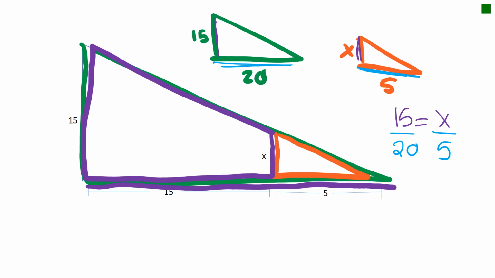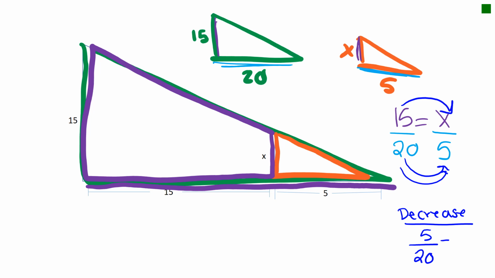And then I always ask my students to draw arrows from the completed fraction to the uncompleted fraction. And so then I ask myself, going from this shape over to this shape, do I increase or do I decrease? Well, I decrease. So in order to find what I scaled it up by, I decrease. So I'm going to put my small number and divide it by my large number. Decrease, small number on top, large on bottom. If I were to increase, I would take my large number and divide it by my smaller one. And if I reduce,